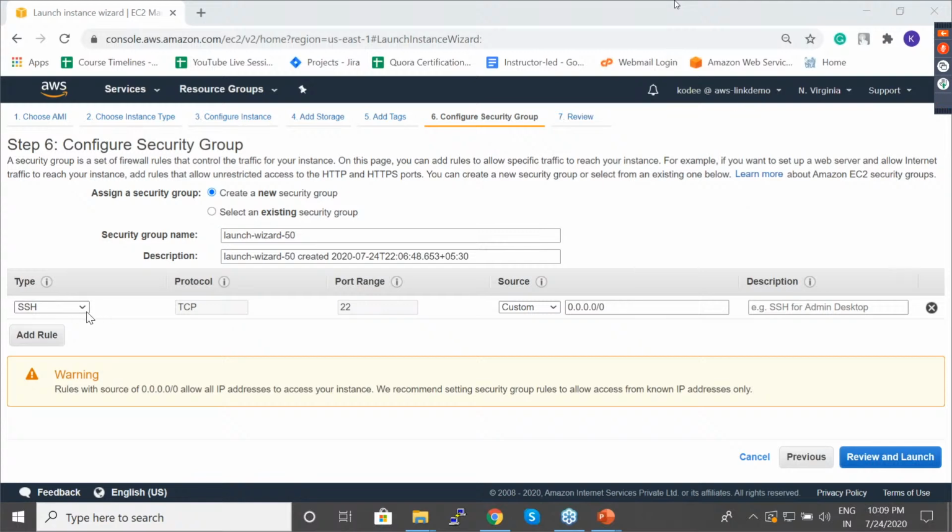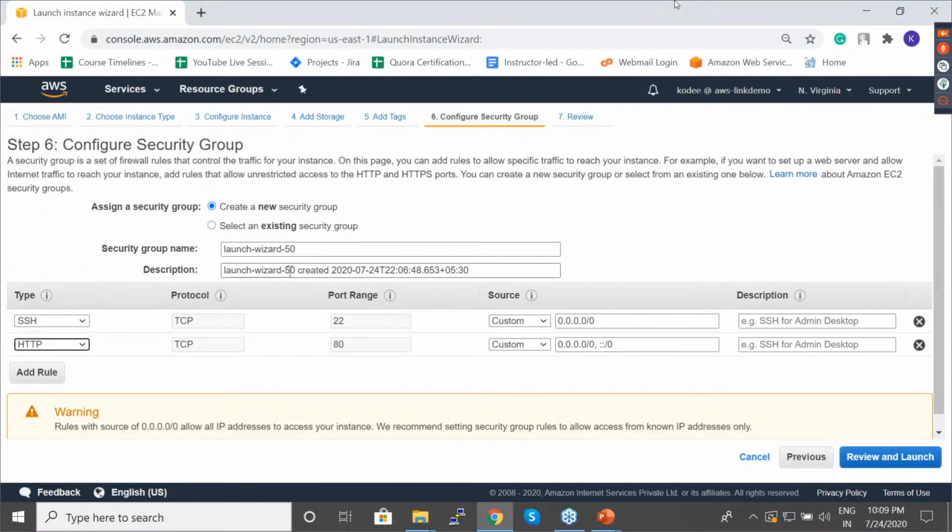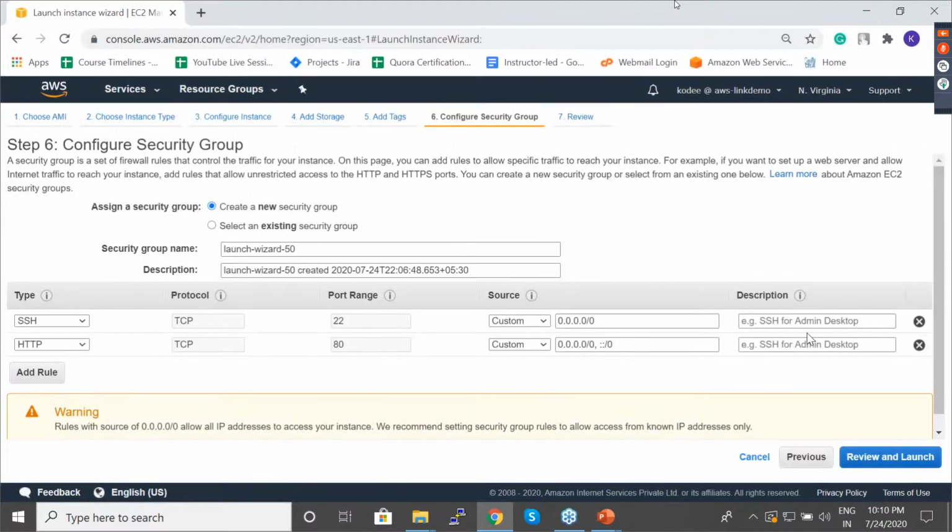So basically, this is for SSH to log in. I'll add one more rule, which is for HTTP. I'll just show a basic web server running in my EC2 instance. That would be the end of the session. For that, you can allow HTTP type, which is the TCP protocol, port number 80. And again, you can just leave it at custom, because if you're trying to access this web page using the IP address and pasting the IP address in your browser, you'll be able to see the web page. We'll do that.